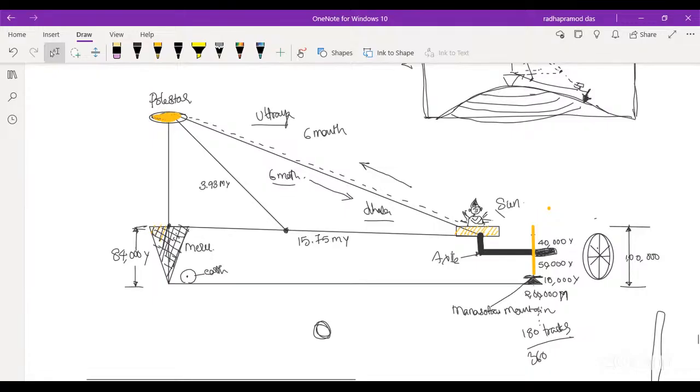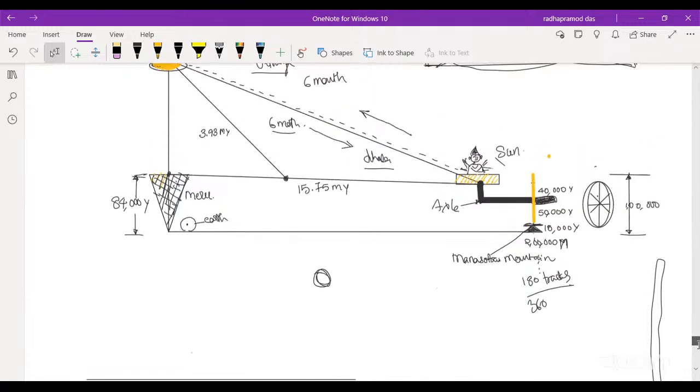I see that. And then, when you say that it goes up and down that dotted line, right? Six months up, six months down. See here, on the Manasottara mountain, I will just draw it in a simple way. So on the Manasottara mountain, say this is the mountain. It has a distance of